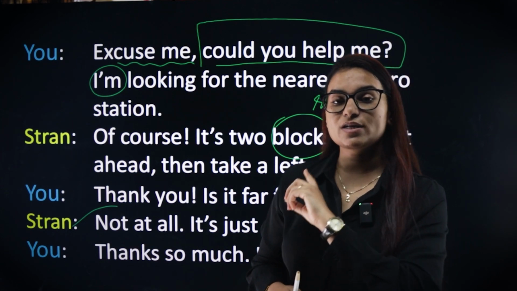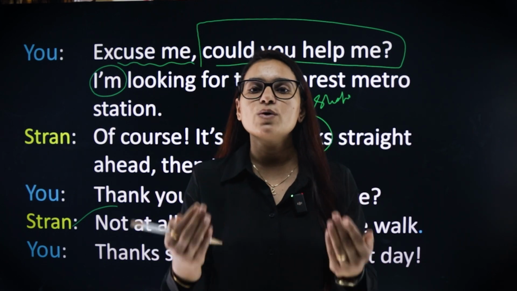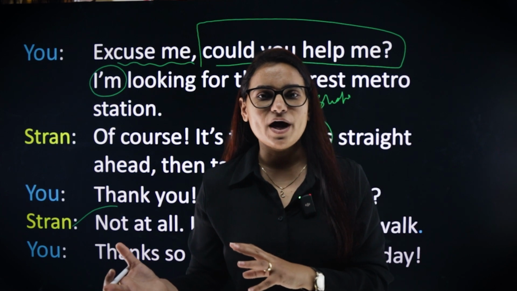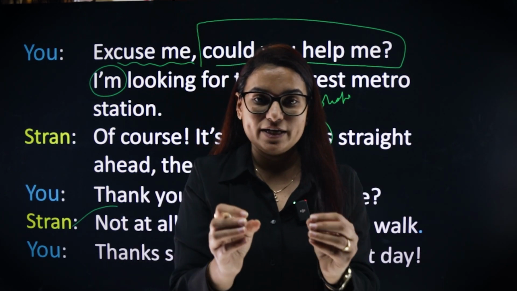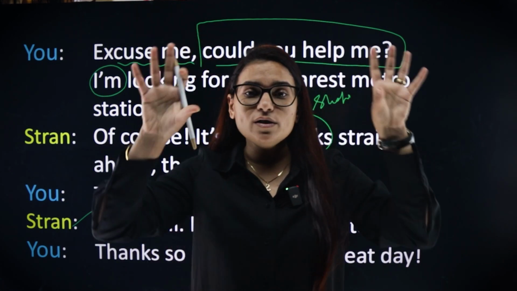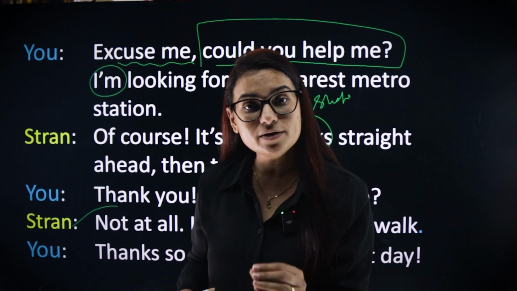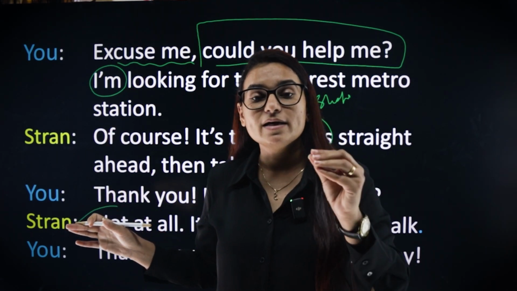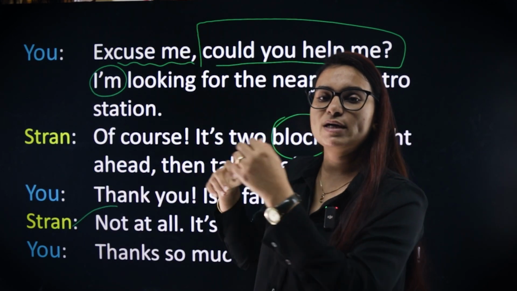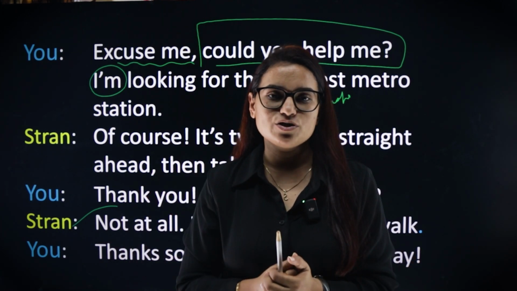I asked for directions. I asked where is the shop. I asked where is the nearest mall. Everything I had to ask. Now, you might be wondering, Ash, you can actually use Google to do that. But again, if you really want to change or enhance your language, you need to start interacting with people. Above all the methods that I'm going to teach you in these sessions, the only method that actually works, they also work, but they can only work if you interact with people. You can practice at home, but until and unless you go out and actually try this, you will not know how you feel in English language.